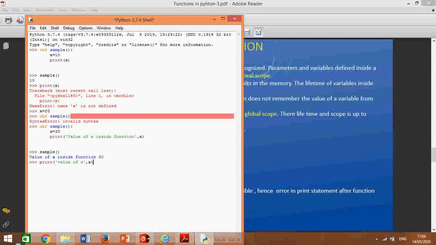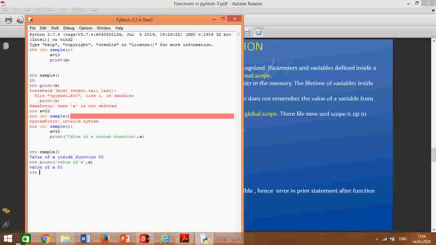Now I am giving the print statement outside the function, so it will print 20, because x equal to 20 has the scope of the whole program, whereas the scope of x equal to 30 is inside this function only, it is not visible outside this function. So this is the difference. Here x equal to 20 is a global variable, and x equal to 30 is a local variable.